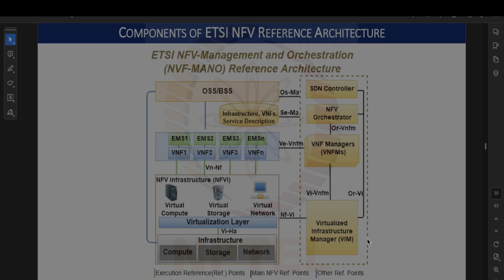What the EMS does is it is responsible for the configuration of each VNF. Like we have a VNF where we need to tell how much storage it requires, how many cores it requires, how many instances of the VNF we need to